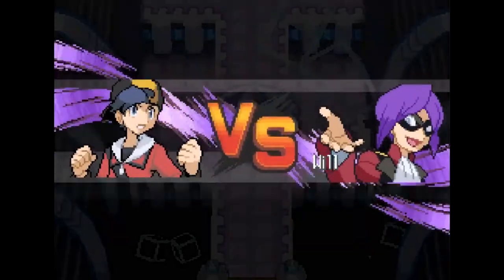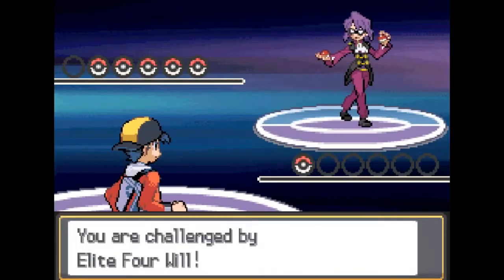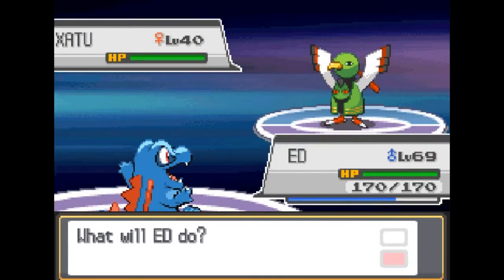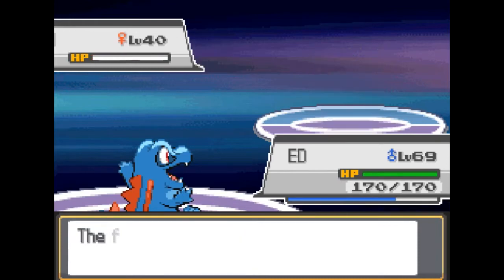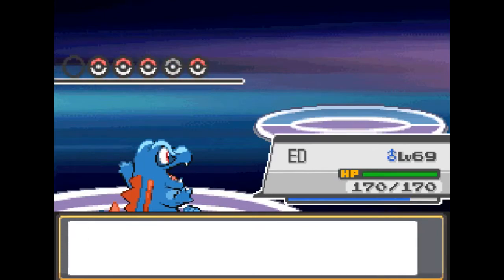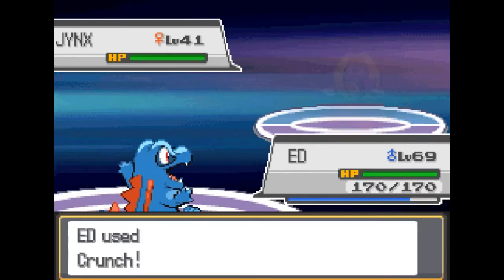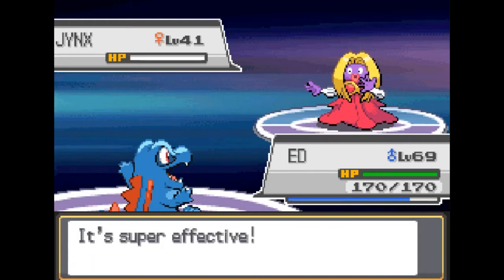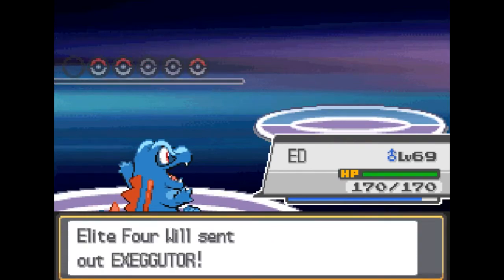So it's going to be Will, the first of the Elite Four members, against us, and he's a Psychic Pokemon user. He's going to start off with the level 40 Xatu, and we're going to jump in with our level 69 Totodile right here. The Never Melt Ice Fang combination is what we're going to use for Xatu here, and it's going to be a one-shot, so things start off pretty good. The next Pokemon he's going to call is the Jinx, level 41. Crunch is I guess the main attack we're going to be using most of this fight. So Jinx was also a one-shot, so it looks like Totodile is at pretty good levels for these Elite